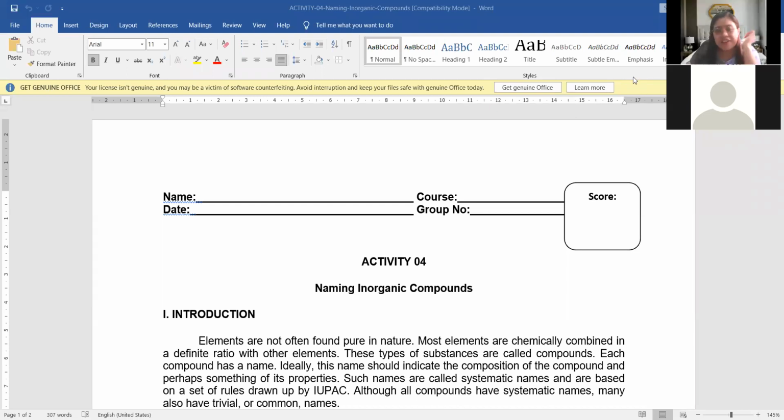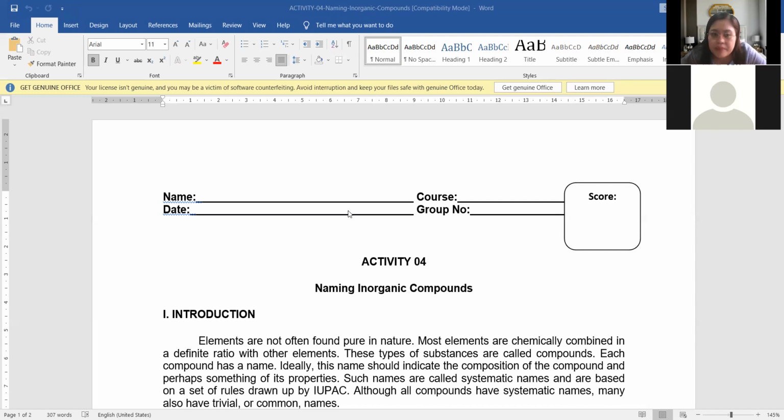Sorry. Okay, let's have activity number 4, class. This is entitled Naming Inorganic Compounds. So we are down now sa pag-name ng ating mga compounds, inorganic. Kasi inorganic chemistry pa tayo, sa finals pa tayo mag-organic chem class. So we will be naming substances, or compounds, that do not contain carbon. We will be studying how to name them, and at the same time how to make the chemical formula if